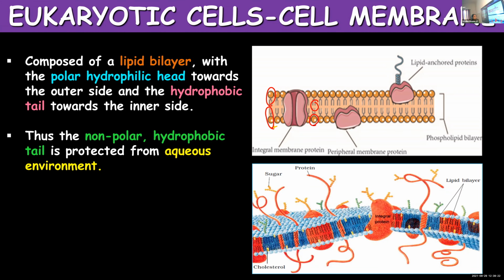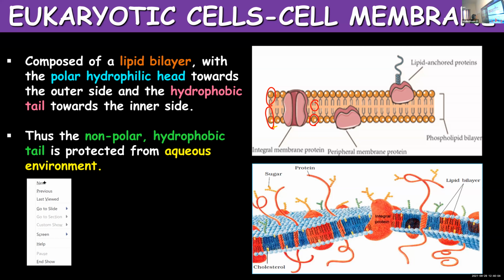The plasma membrane can get exposed to different environments, but this arrangement will protect it. A lipid has two parts, a hydrophilic water-loving part and a hydrophobic water-fearing part, which cannot withstand an aqueous environment. So the hydrophobic tail is placed towards the inner side, not coming in direct contact with water, whereas the water-loving part faces the external environment and can withstand it. So the arrangement of the lipid bilayer is like this.